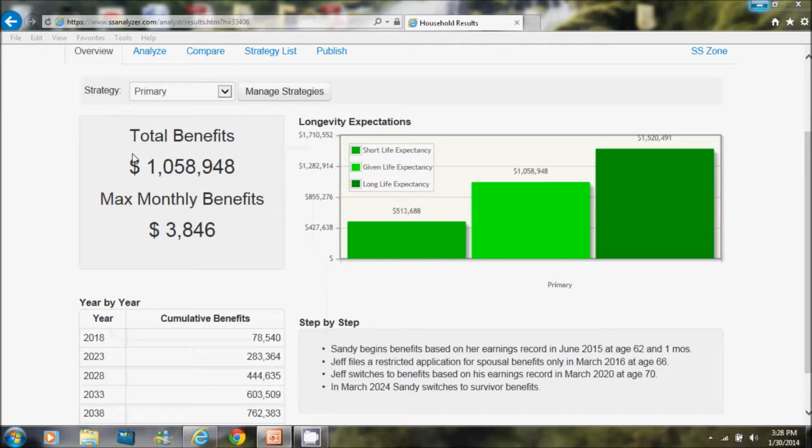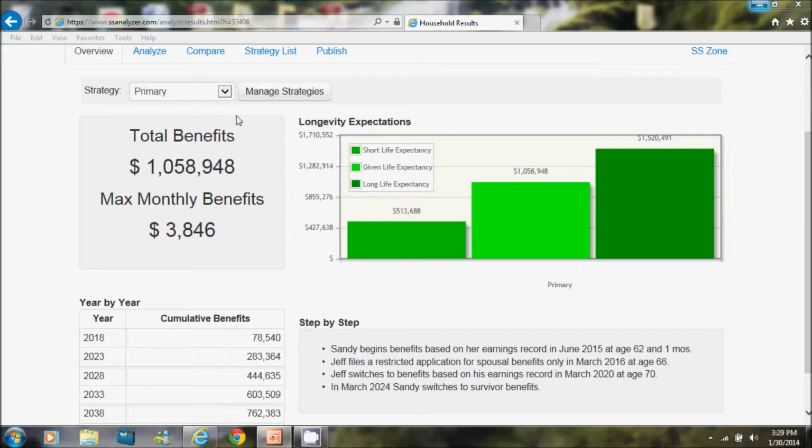Again, I run the software, and let's see what it tells us. The recommended strategy is for Sandy to begin receiving benefits based on her earnings record at age 62. Jeff files a restricted application for spousal benefits when he's 66, and then Jeff switches to benefits based on his earnings record at age 70. And then after 2024, Sandy switches to survivor benefits. If they follow this strategy, they could expect to get about